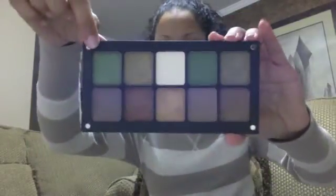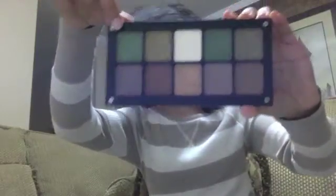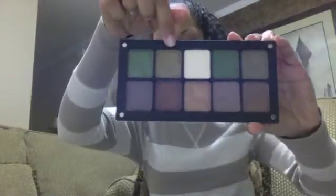The last INGLOT palette is the 10 palette. And I will just jump right into these numbers. Starting with the greens, we've got 44. Am I right? Yes, we've got 44. Nope, I'm sorry. I'm screwing up already. Sorry, guys. 44,